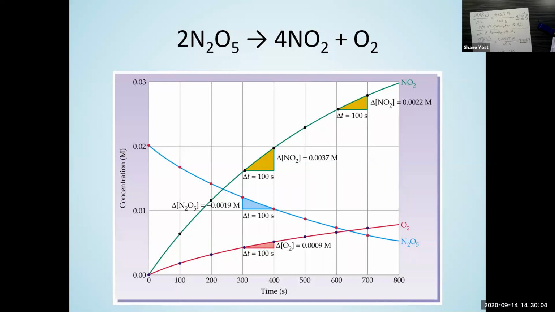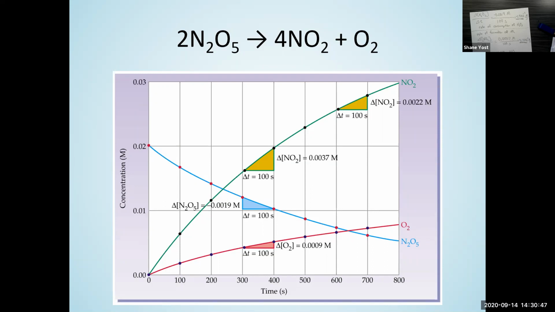The rate of my reaction, N2O5 going to NO2 and O2, is given by the rate of formation of O2, okay? But then someone else somewhere decides they're going to measure the rate of this reaction, but they have a setup to measure the rate of N2O5 instead of O2. Well, they're going to measure a different rate than what I measured, even if they have the exact same setup, the same reaction conditions, everything exactly the same, but they pick to measure the rate of consumption of N2O5 instead of the rate of formation of O2. They will get a different rate, because as we talked about, the rate of consumption of N2O5 is twice that of O2.